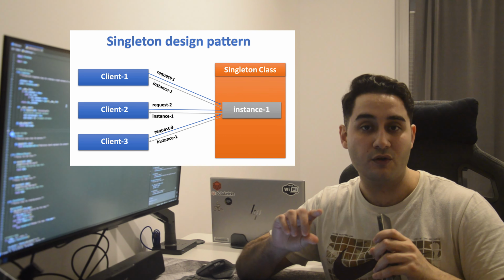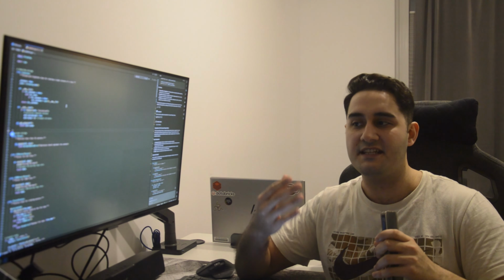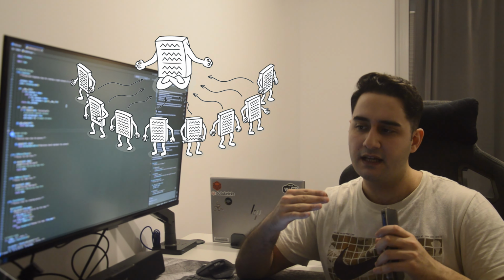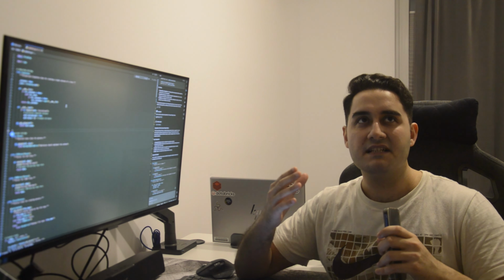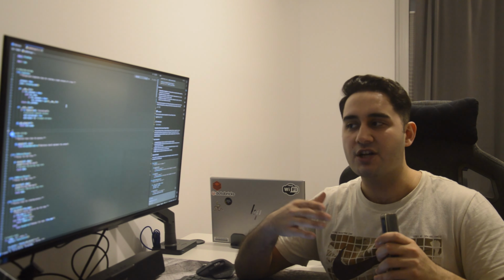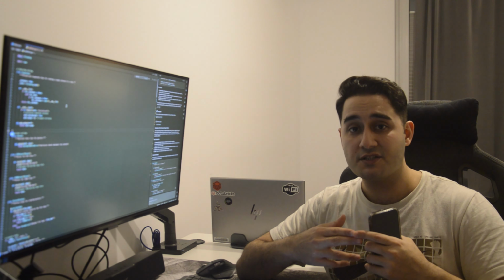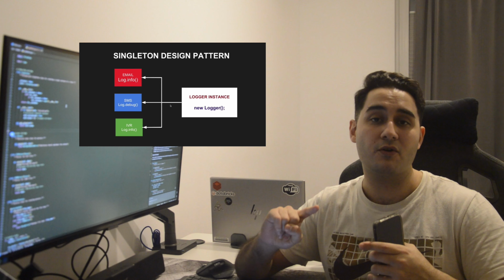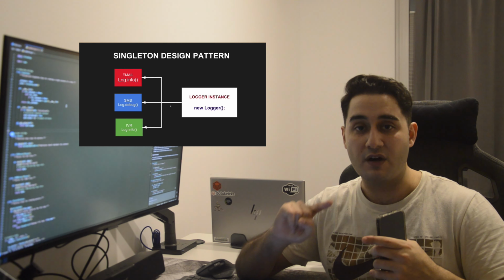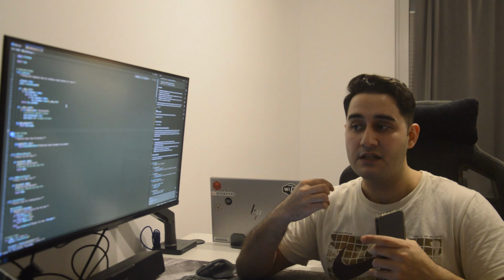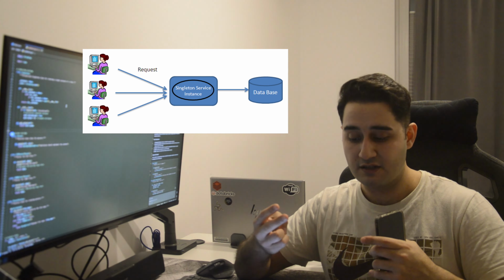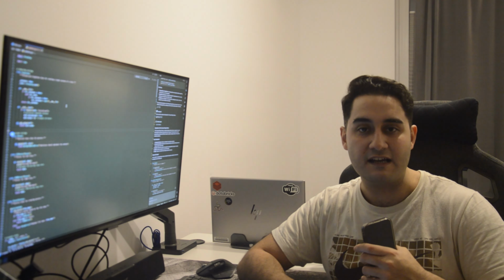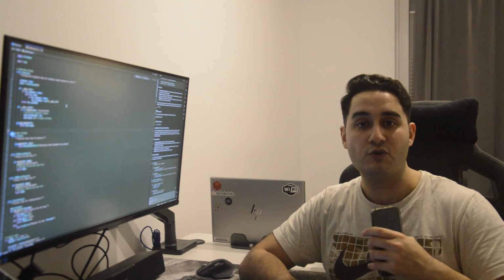all over your code. Think of it like a CEO, the only person that can make the highest level of decisions. The general usages for it are loggers within your system, where you want only one part of the code logging one thing at a time, or you can use this for database connections. There are a couple of different usages of the Singleton design pattern, and from my field, the most obvious ones I